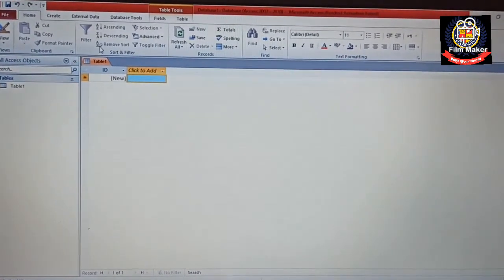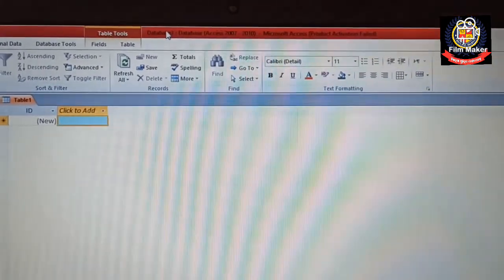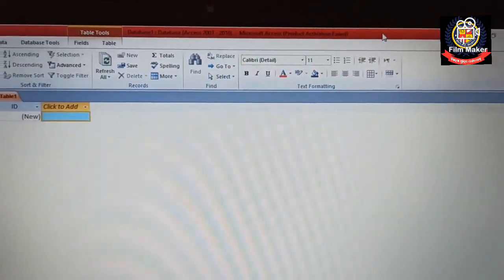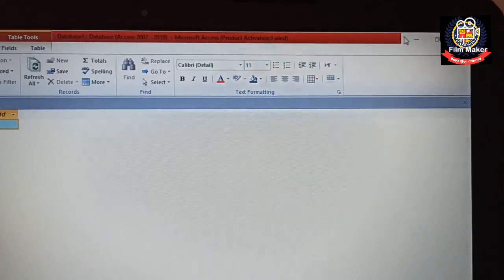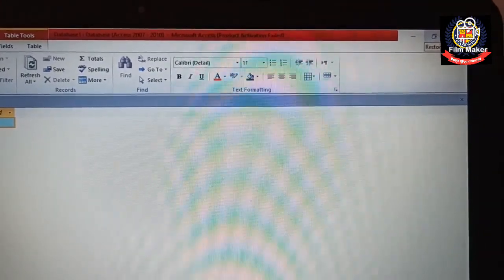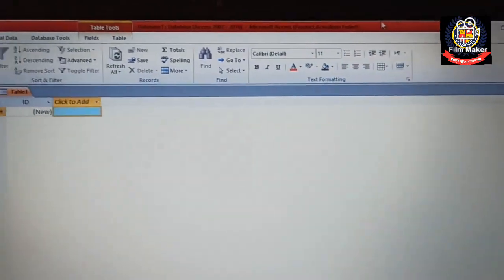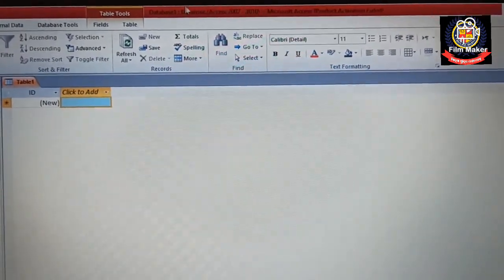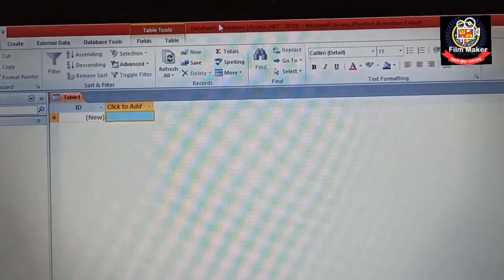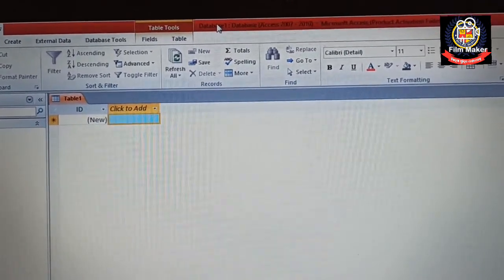Okay, as you can see here, I am able to see this database in datasheet view. So this is the title of my program. This row is called the title bar, and the Windows control buttons are these three: this is for minimize, this is for restore or maximize, and this is for closing the window. This is the name of the program, that is Database1. As it holds the title, the name of this row is the title bar.